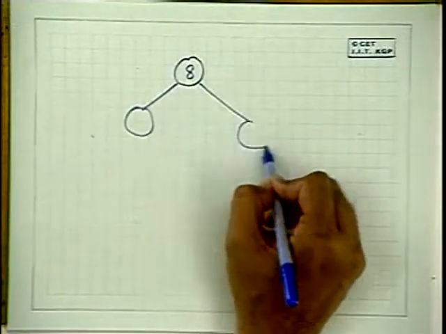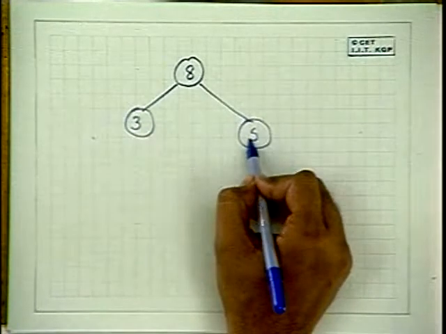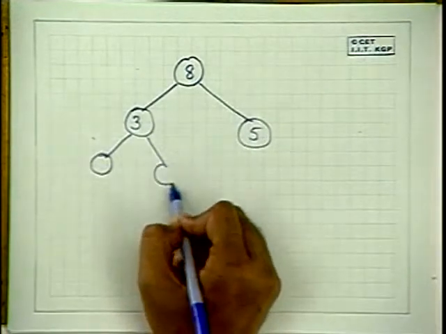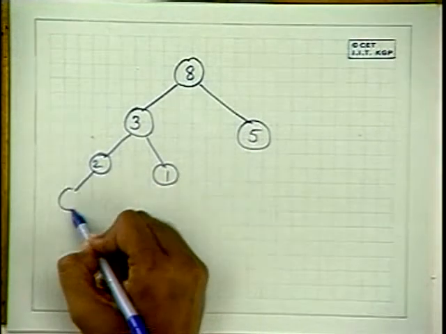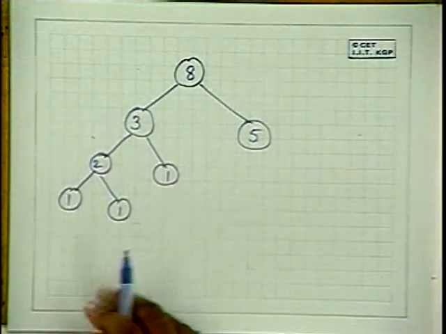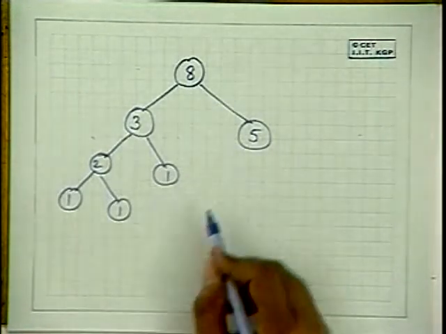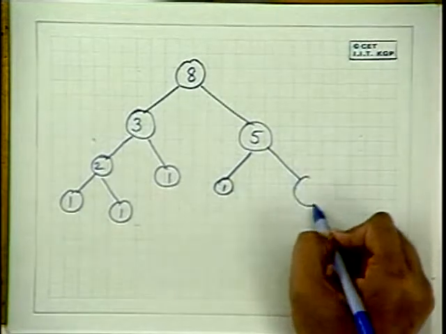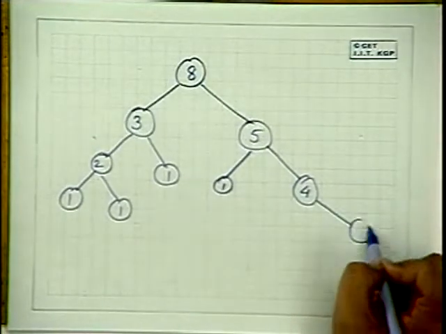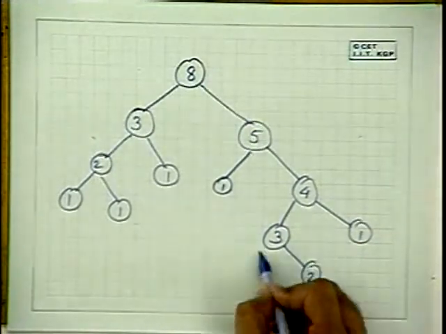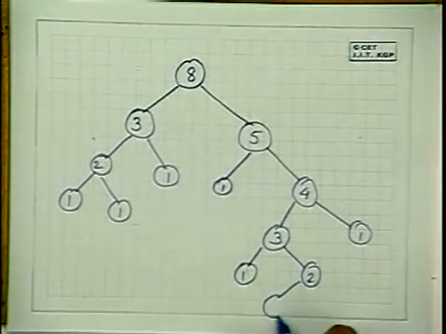Right. Then it got probably split into two parts. One is say 3, another is 5. Probably this 3 got split into two parts. One is 1, another is 2, 2 again 1. When each element is 1, it will stop. Basically, it will not make any recursive call. Okay. Now this one probably got split into 1. This is say 4. This is split 1. This is 3. Say this is 2 and this is 1. This is 1.